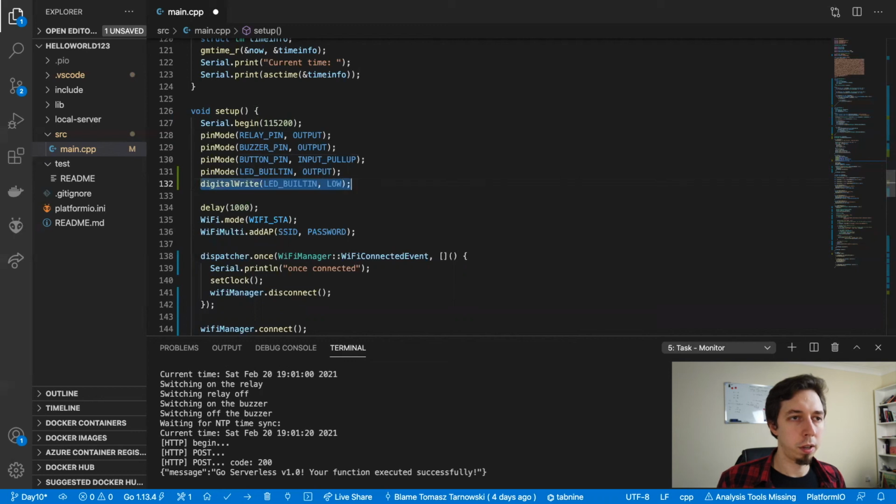So digital write low. What I would like to do is, when it's not connected to Wi-Fi, I would like the diode to be on. And if it's connected to Wi-Fi, I would like this to be off, right? So at the beginning it's not connected. So I set it to low, that switches it on. And then